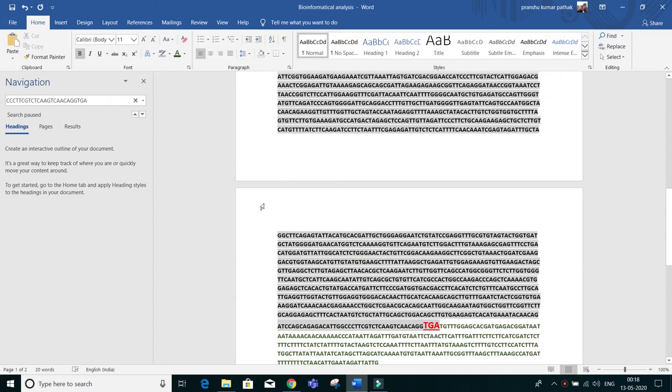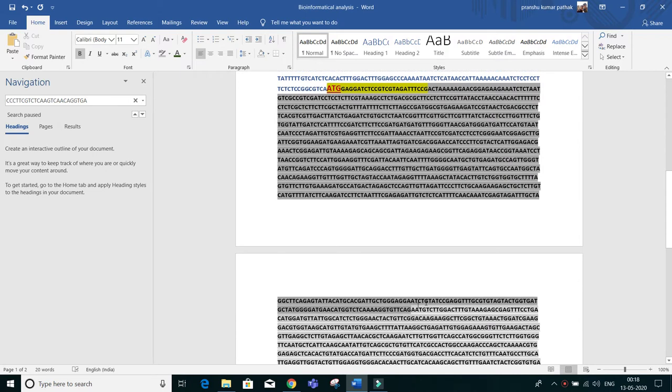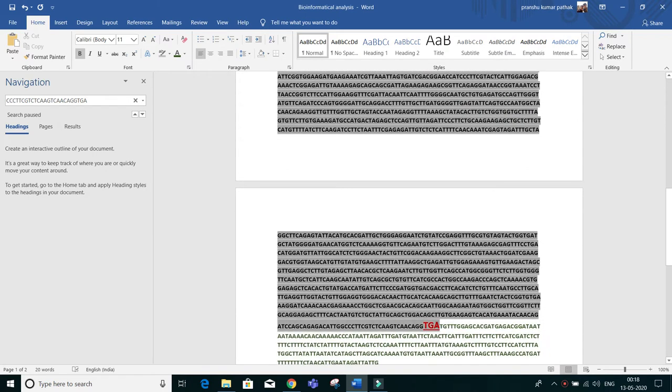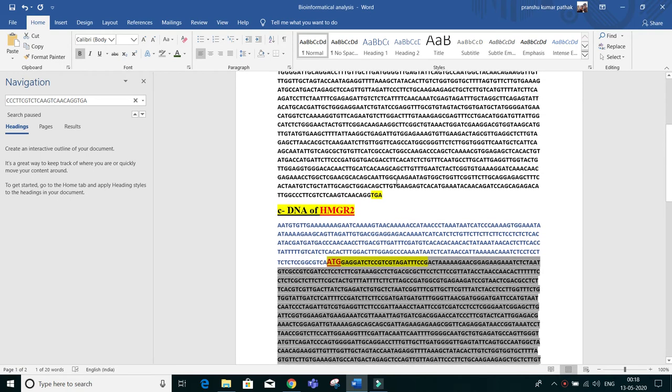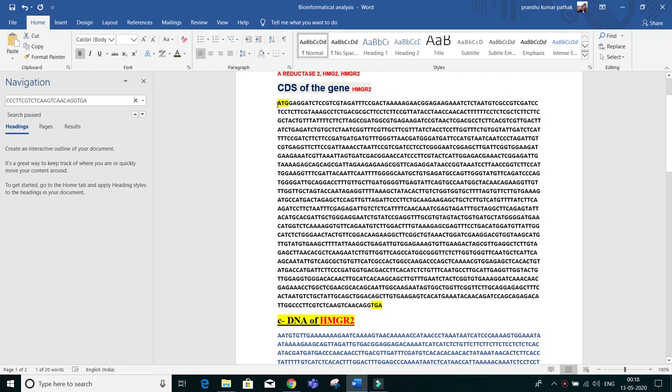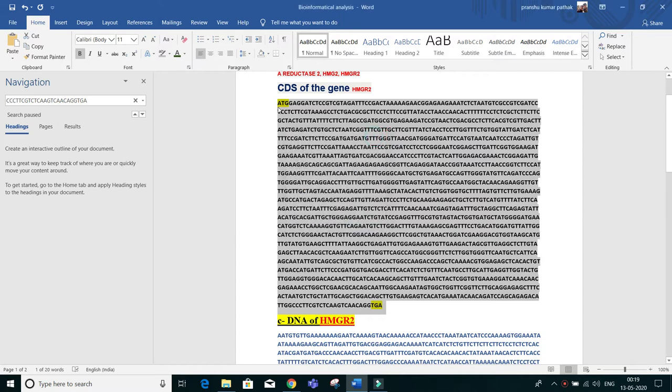Okay, so when you want to count how much of a fragment this is, we can go there and just count. Okay, so 1.6 kb fragment is this. So your HMGR2 in Arabidopsis is approximately 1.6. So let's check again from there. This is 1.6. So you got the same sequence, a 1.6 kb fragment is HMGR2 when it is whole and functional.